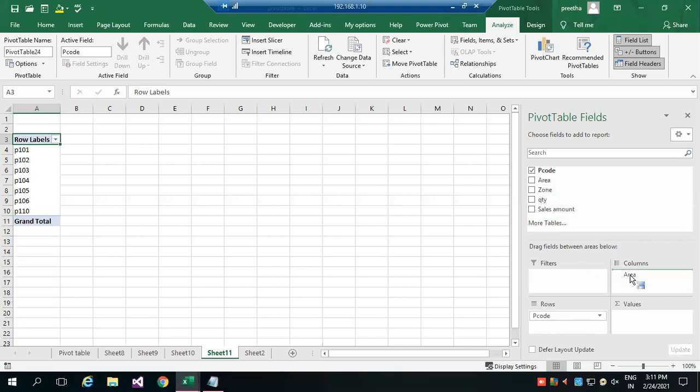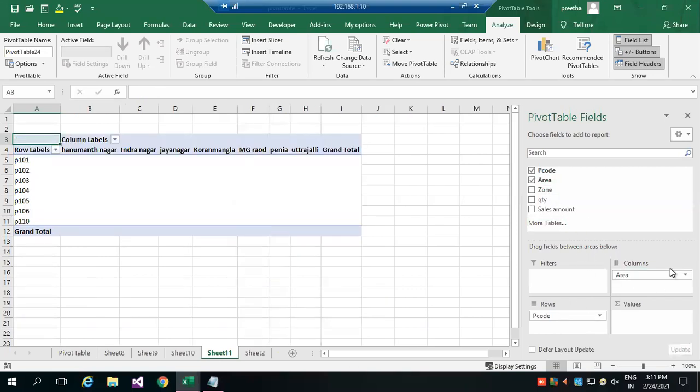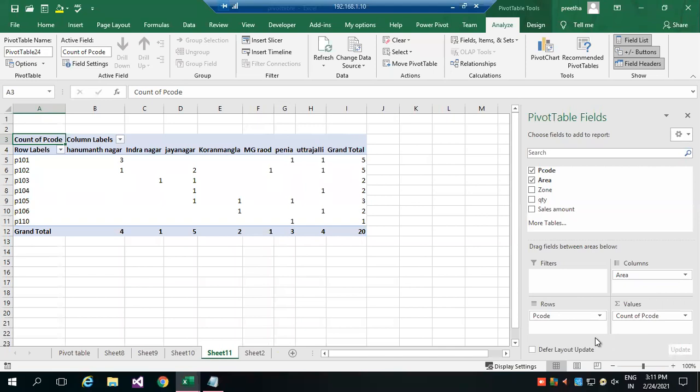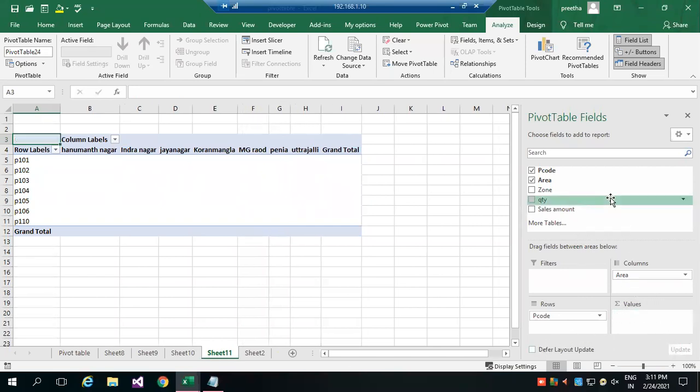Area, I will put it in columns. In the values, where it's showing sum, I can get the total or counting instead. Let's say product code, how many times I'm getting sales in each area, I have counted, because I dropped product code there.